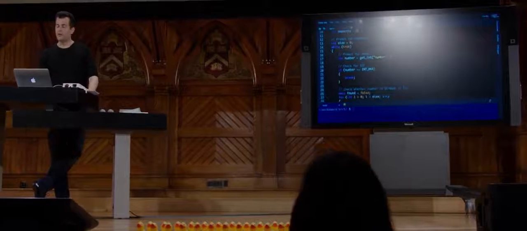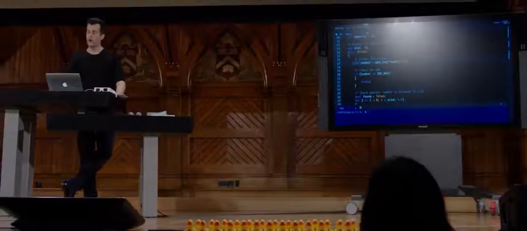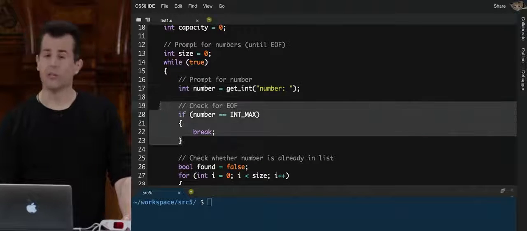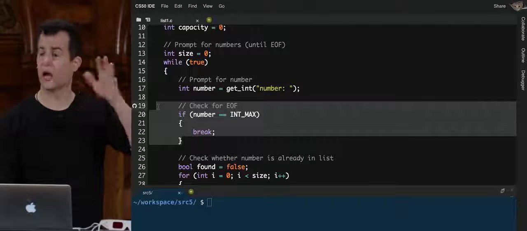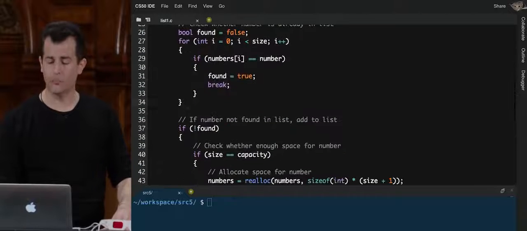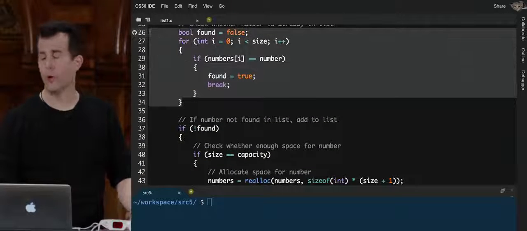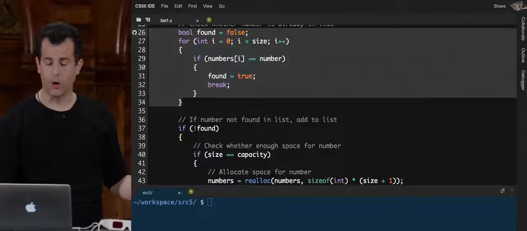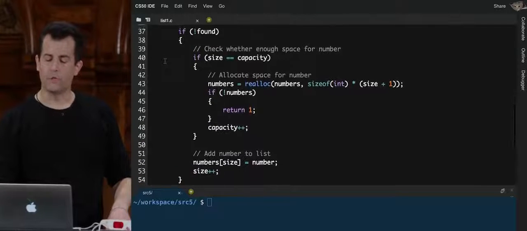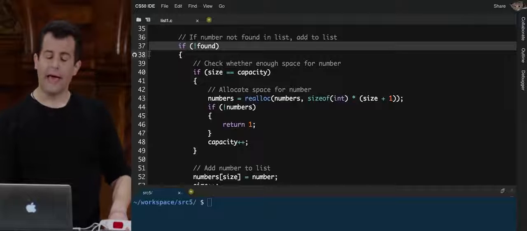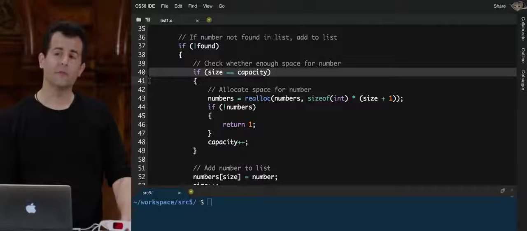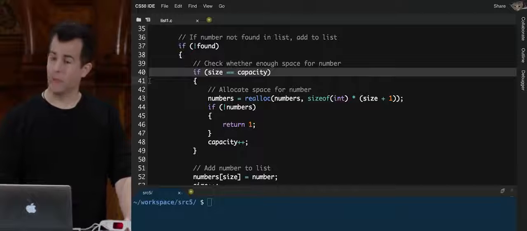I go ahead and infinitely prompt the user for a number. I check for errors. It turns out if you read the documentation for getInt, it will return a special constant called INT_MAX if the user stops providing input. Here I'm just checking with a loop and a Boolean whether or not this number is in the list, same as before. But here's where I start to use some new functionality. If the number was not found already in the list, and the size of the list already equals its capacity,